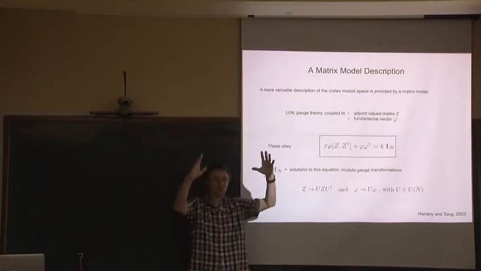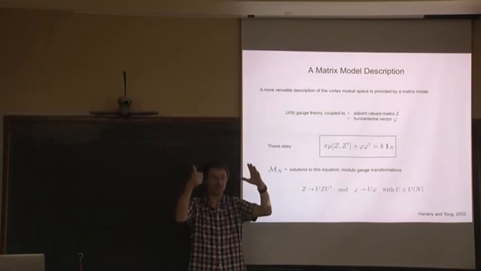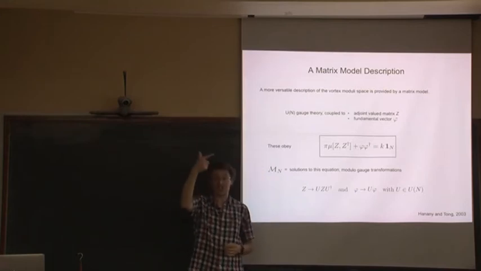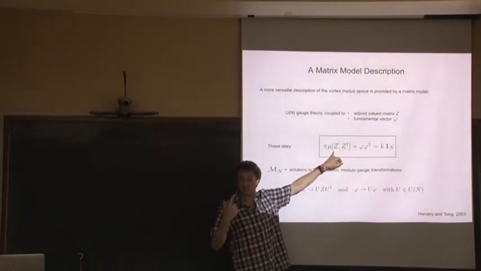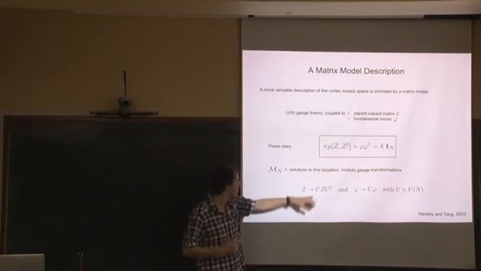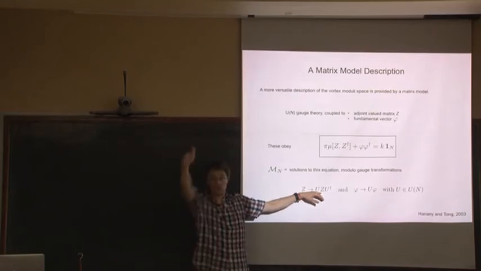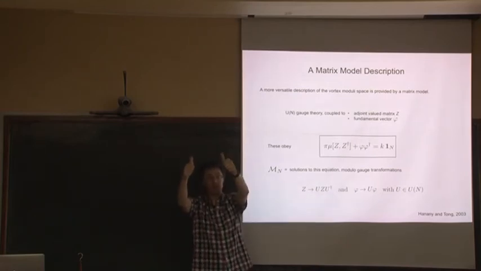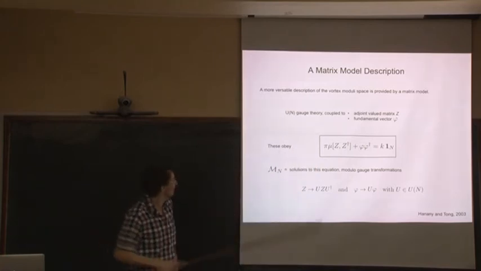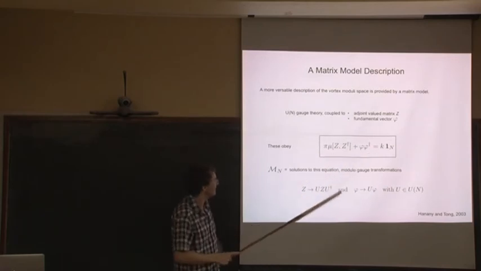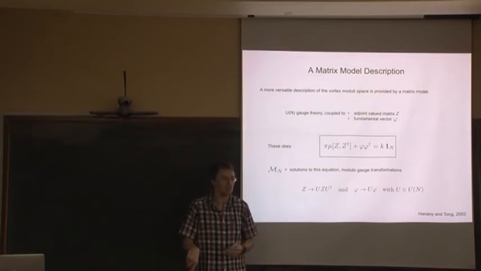There's an n by n complex scalar Z that has 2n squared degrees of freedom. N squared and 2 complex. And then there's phi, which is a vector, so that has 2n degrees of freedom. This is a matrix constraint, so this is n squared constraints. And then you divide through by gauge transformations, that's another n squared equivalences. So it's 2n squared from Z plus 2n from phi minus n squared minus n squared. The final answer is 2n. So at least the dimension of solutions to this equation mod this is exactly the dimension of the vortex moduli space. So you can see that it's plausible.